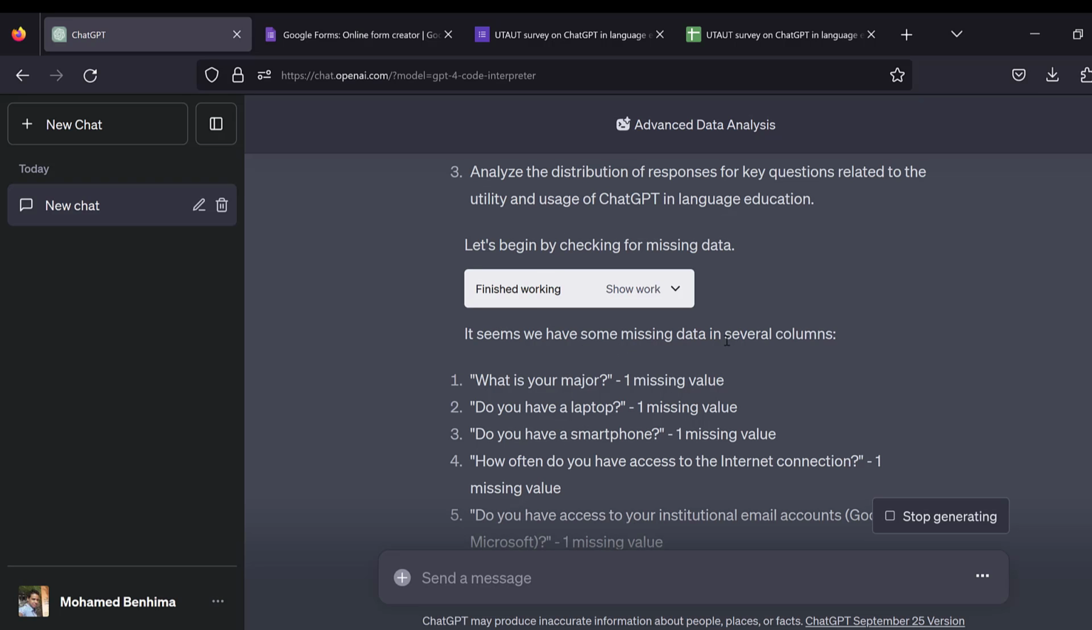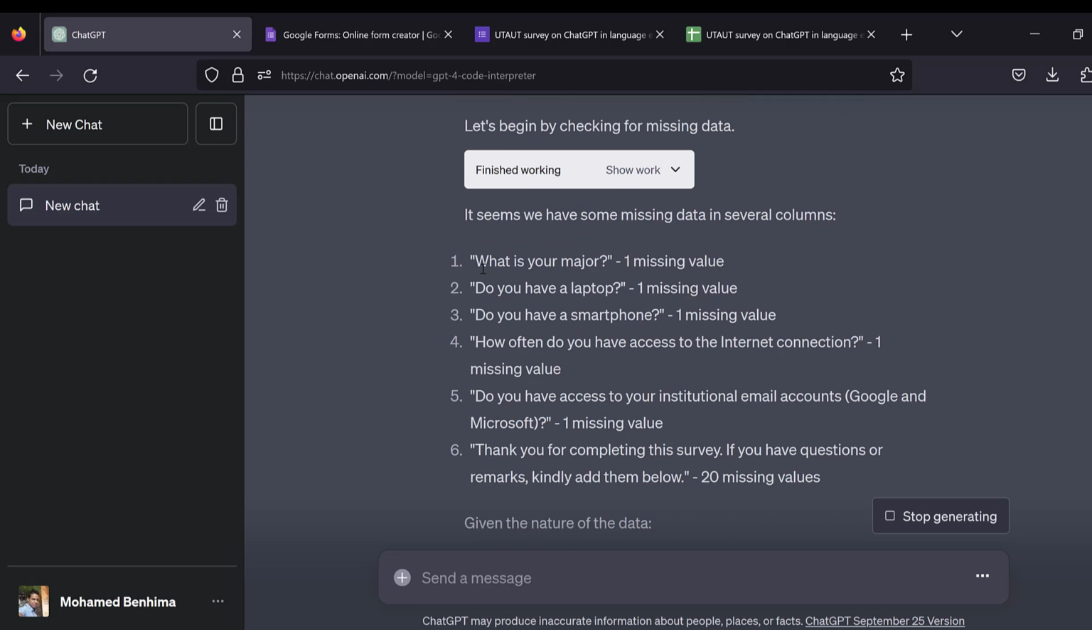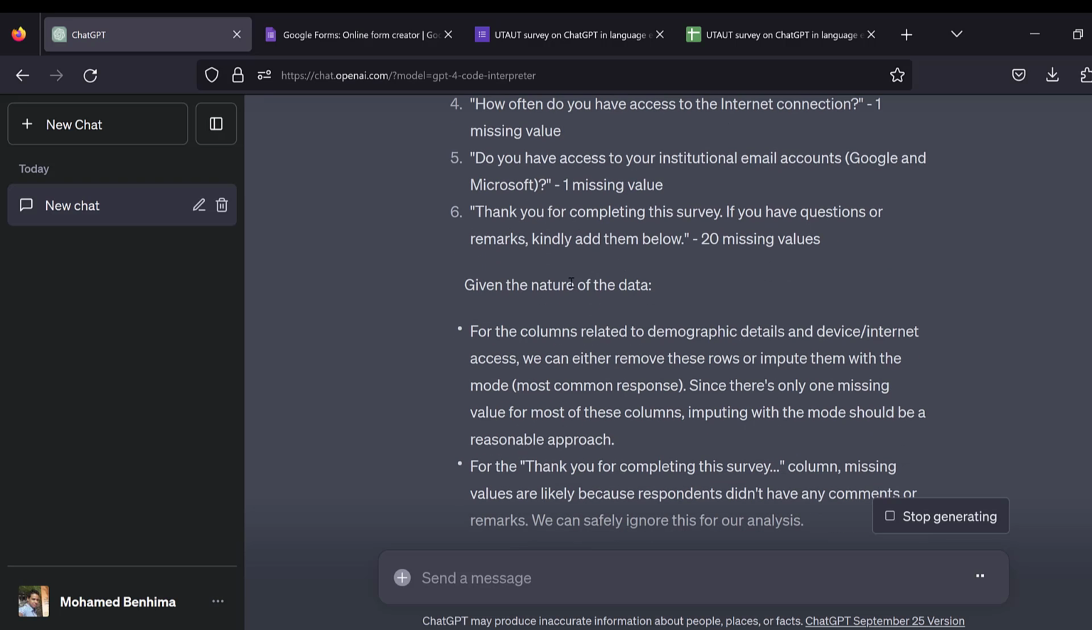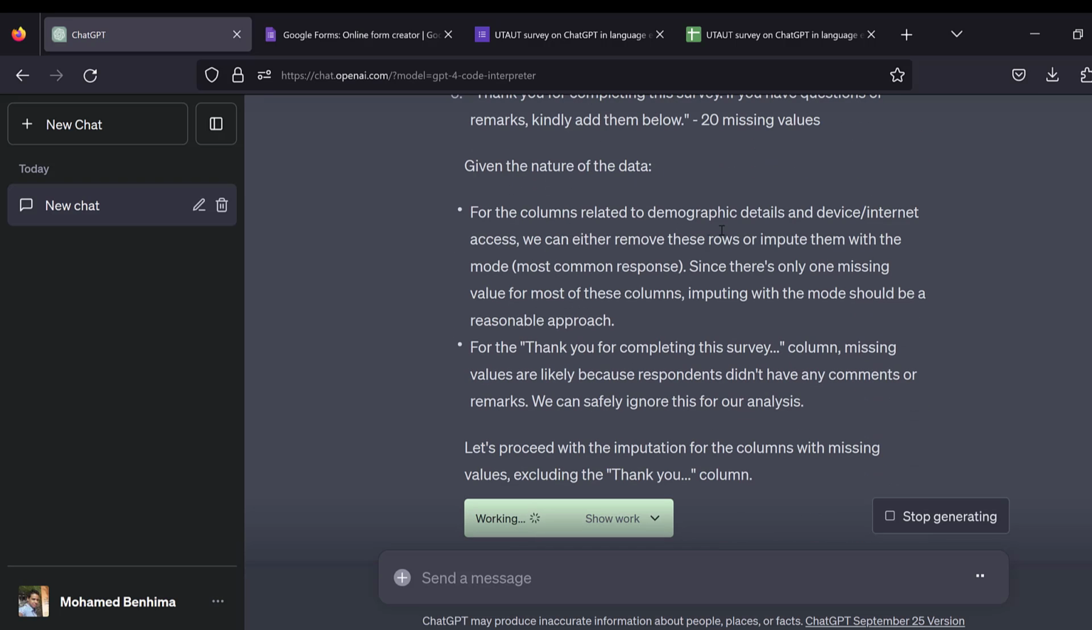Then it seems that you have some missing data in several columns, like what is your major, 1 missing. Do you have a laptop, 1 missing? Do you have a smartphone, 1 missing? How often do you have access to the internet? Do you have access? Given the nature of the data for the columns related to demographic details, device, and internet access, we can either remove these rows or impute them with the most common response. Since there is only 1 missing value for most of these columns, imputing with the mode should be a reasonable